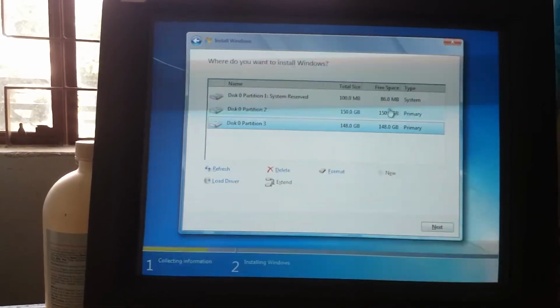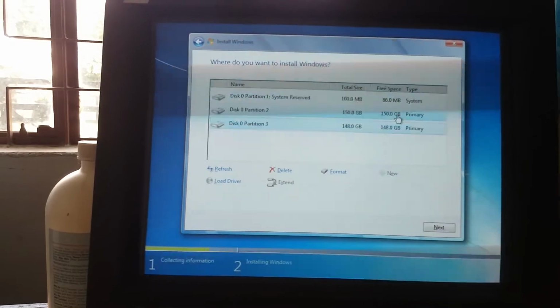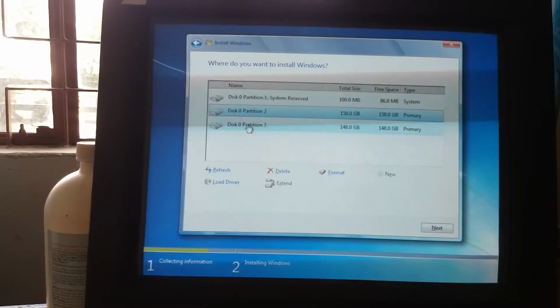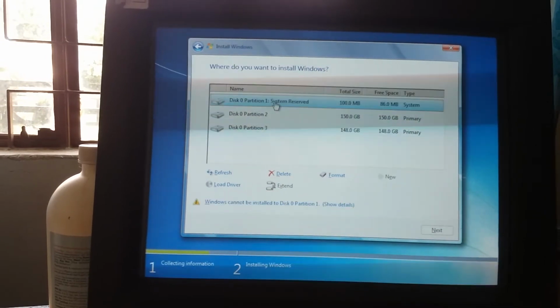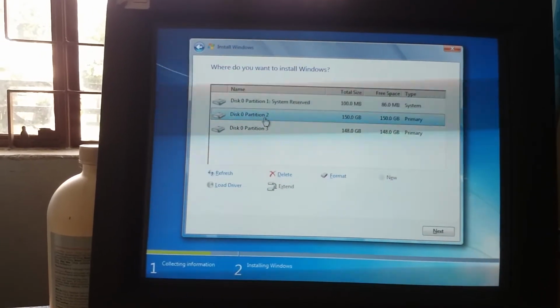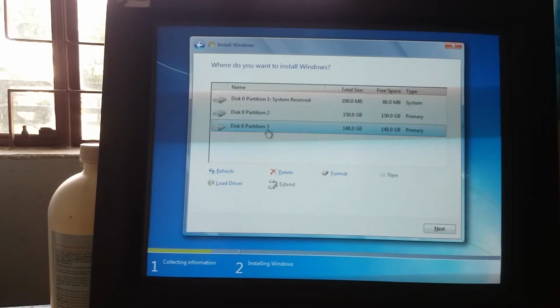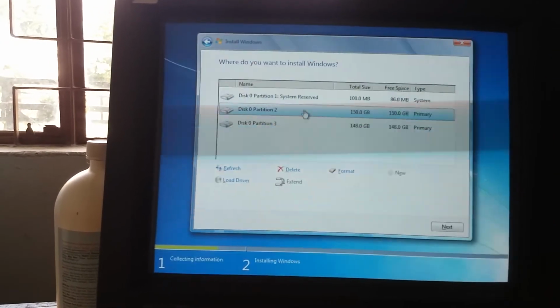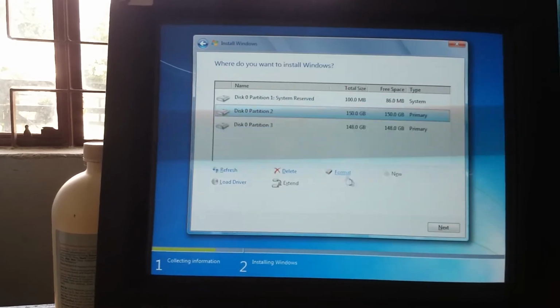So here there are two primary partitions, volume 2 and volume 3. Volume 1 is system reserve, volume 2 is C drive, and volume 3 is D drive. Now you can install Windows 7 operating system in C drive.